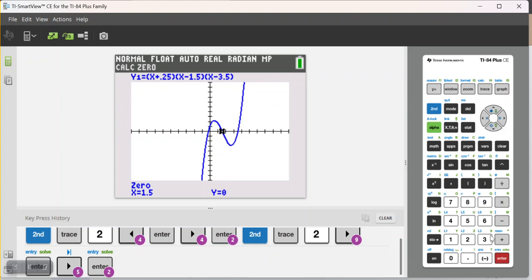If you have too big of an interval and there's more than one 0 in there, it might find you 1 just because it's like, well, this is the first one I found, so here you go. But it might not find all of them on that interval. So be very careful when you choose these bounds. Try to locate an interval that would just include one 0, so that that's the one that you